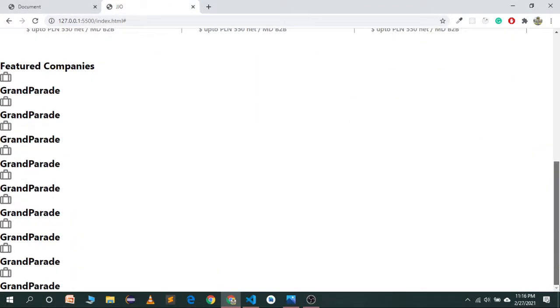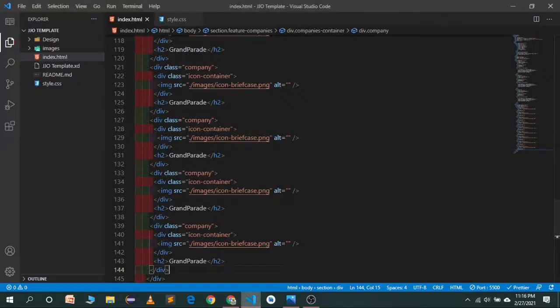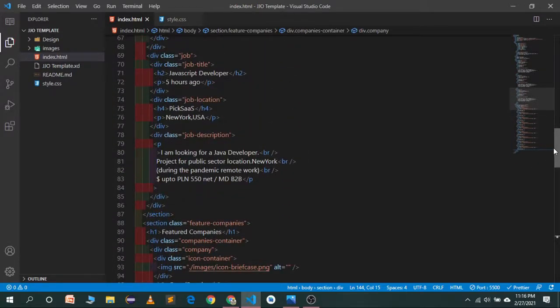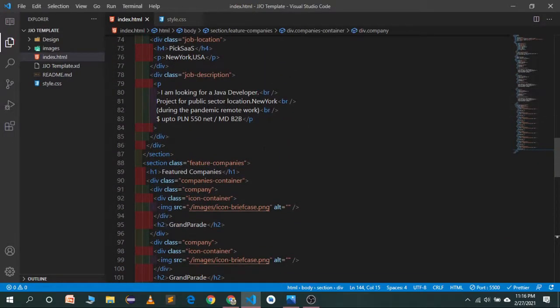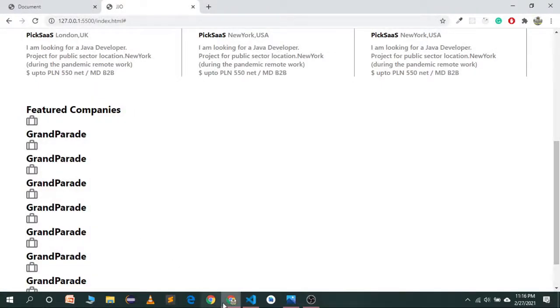Now you'll see it's looking quite boring and the design is quite ugly, so we'll style it, don't worry. So let's go to the feature companies, copy this class name, target this class name, give it a margin left of 4 em, margin right of 4 em, and now you will see we have a space between left and right.